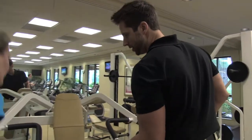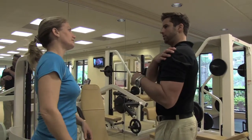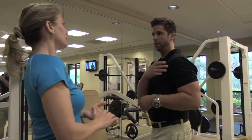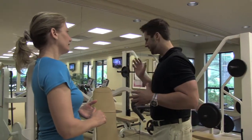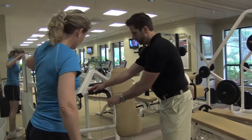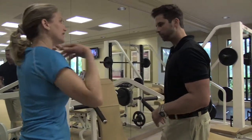This is a shoulder press. Where does that work? It's going to primarily work the deltoids. The deltoids have three major muscles: the anterior, medial, and posterior deltoid. This gets pretty much all of them. There are two different handles right here that you can see. There's one here, one here. You can get slightly different